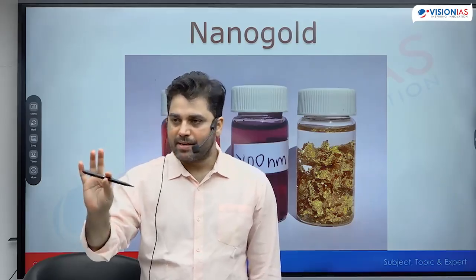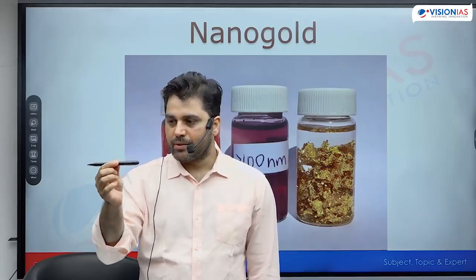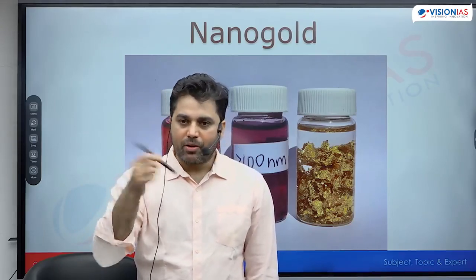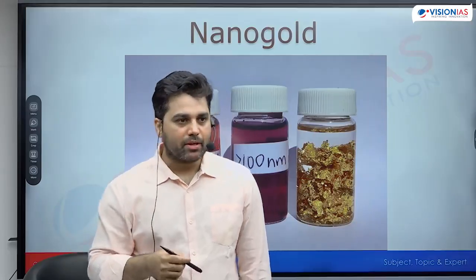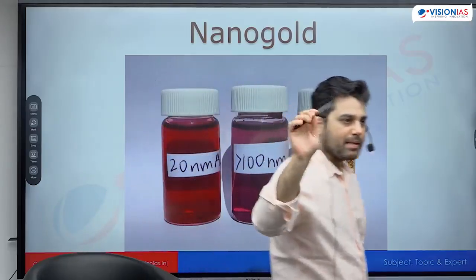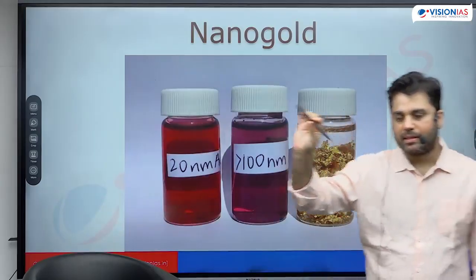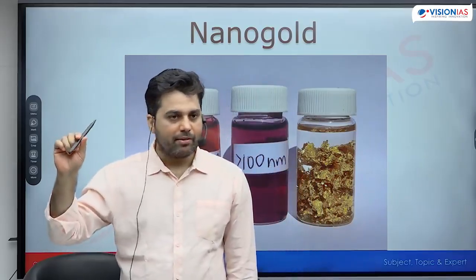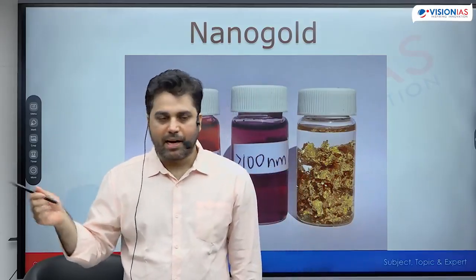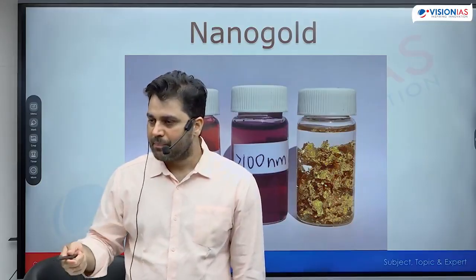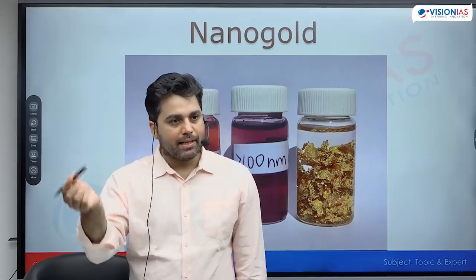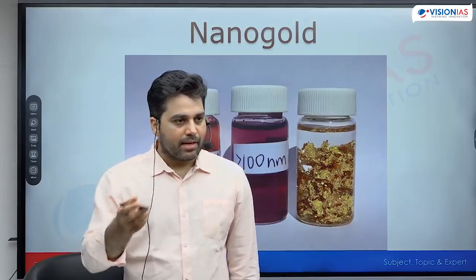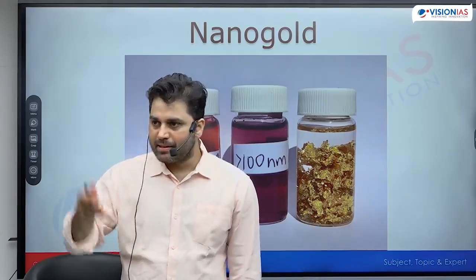But my contention here is that if I divide this pen into 2 billion parts, I will not be able to make all the same claims. I will not be able to claim that this is not chemically reactive, or not a very good electric conductor. For that, I will now have to do experiments. And if I divide this into 3 billion parts, my claim will further change. So at nanoscale, properties of materials change.